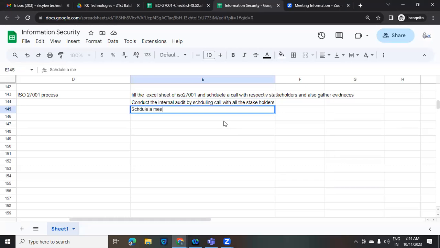Schedule a meeting with external stakeholders. Once internal audit is successful, in the internal audit, we will identify a couple of issues. Those issues we have to ask them to provide the evidences. Once internal audit is successfully completed, then we have to ask external auditors to come and verify all these 114